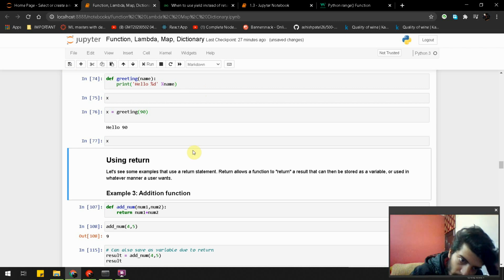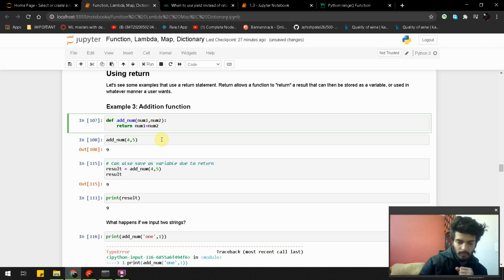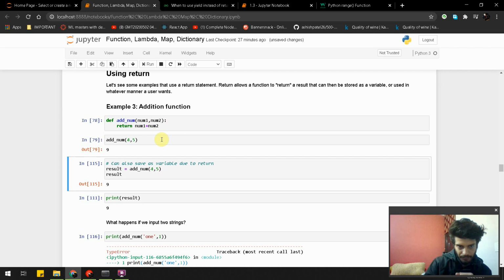So let's move forward using return. Return is the statement we need to return the statements in our function. Like now you can see we have two arguments over here, and we are actually adding the two numbers. Now you can see it actually added the 4 and 5 over here.